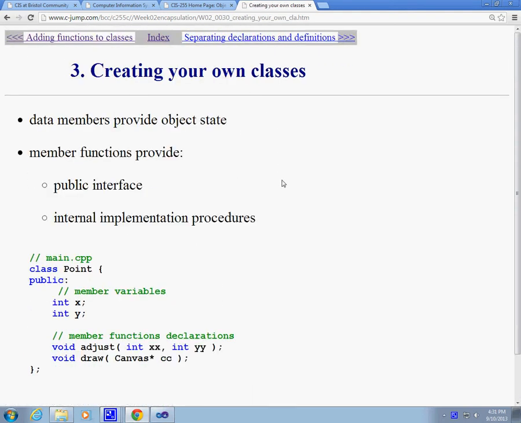Creating your own classes. The data members or member variables, like X and Y inside of our point, or student name and student ID inside of the student class, provide object state, right? Because one student will have one name, another student will have another name, one point will have its own coordinates, different from the other. So the idea is this: if I have